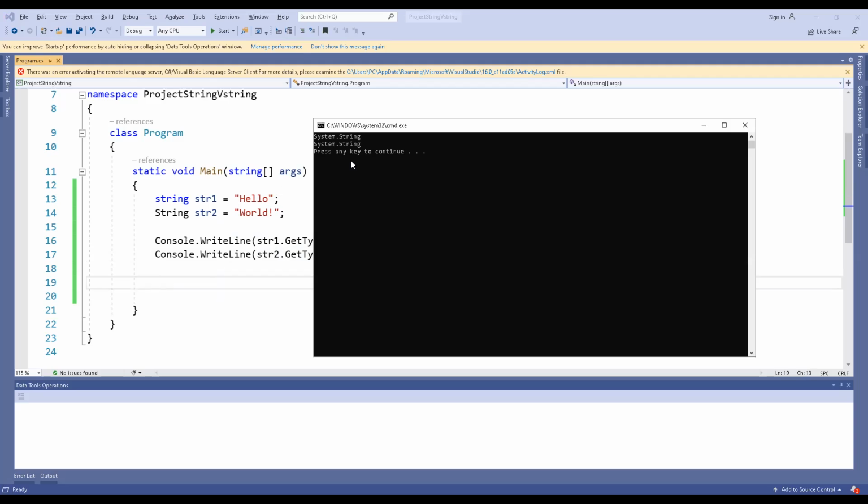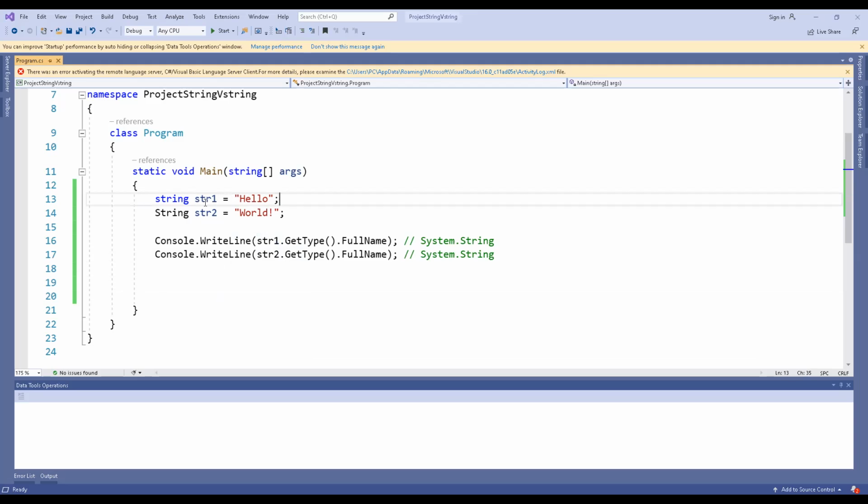Just execute this program, and this is the output. System.String for the first string and System.String for the second string. Means the type is the same for both string1 and string2. Technically no difference.